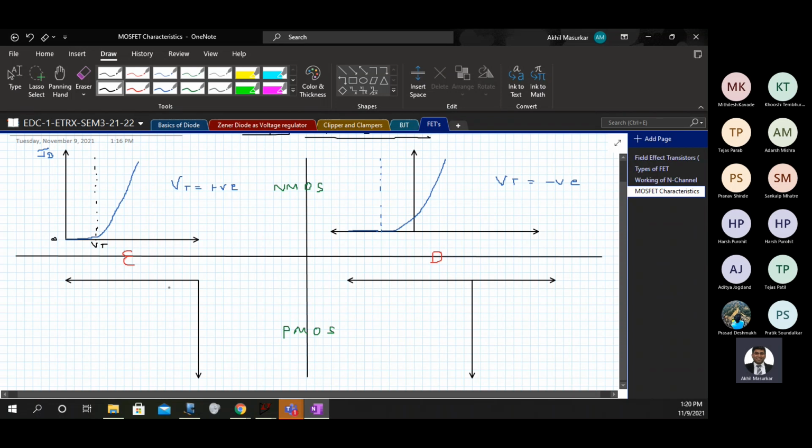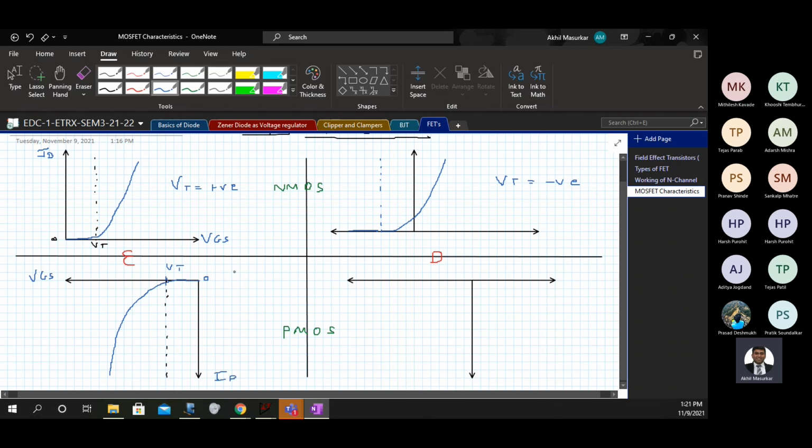Now let's see for a PMOS. We have done problems based on this. So the threshold voltage of a PMOS is going to be VGS.